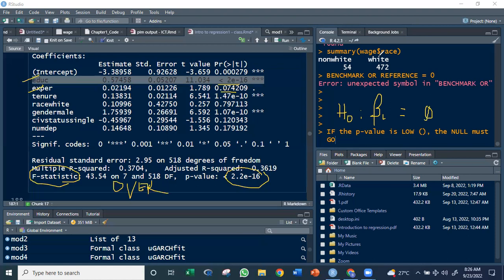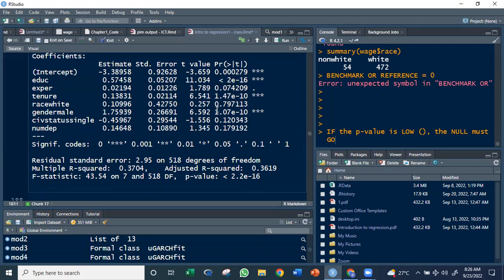Okay. Okay, I hope this is clear so far. Okay, so